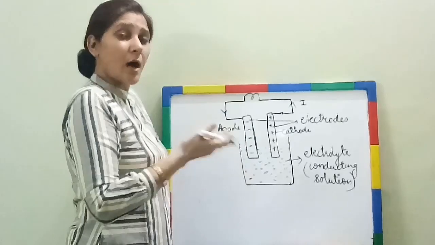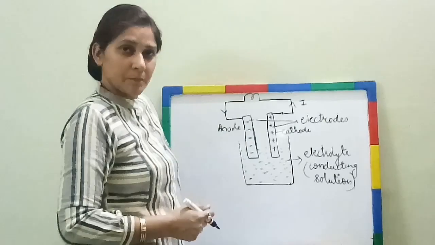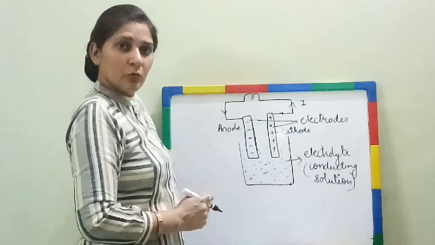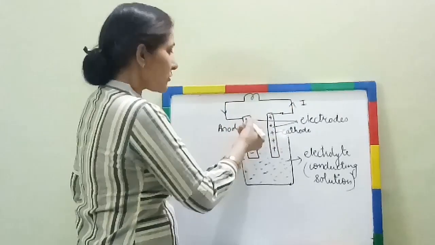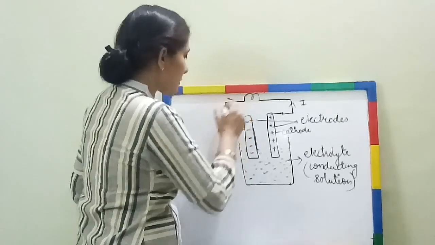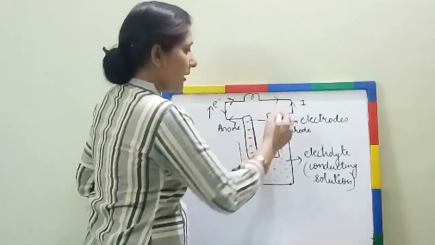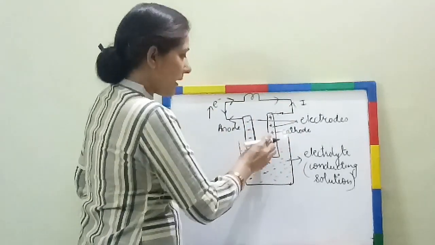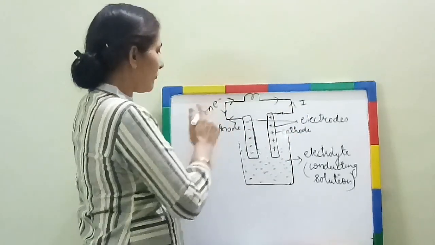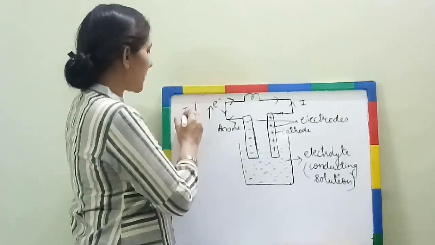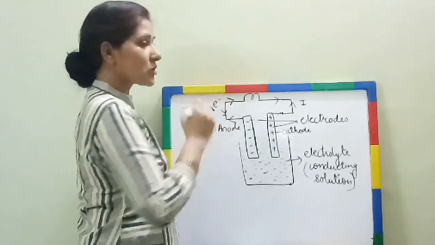But how does current move, how did we come to know about this? For that we need to study the movement of electrons. Negative charges are deposited over here. We are considering negative charges moving in the circuit. हमने यही हमेशा consider किया. So the electrons will start moving this way. This is the direction of movement of electrons. They come over here, collect energy again, go and spend it, then come back again. This is how they work. And the direction of current is opposite to the direction of electrons. Direction of current ये है, देखिए मैंने पहले भी draw किया था. This is the direction of current, which is opposite to the direction of electrons.